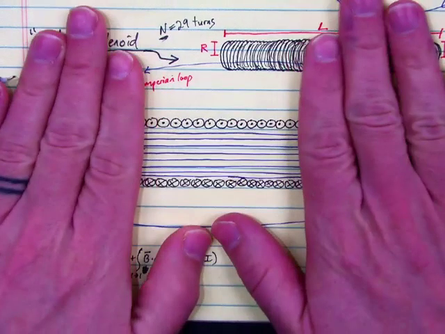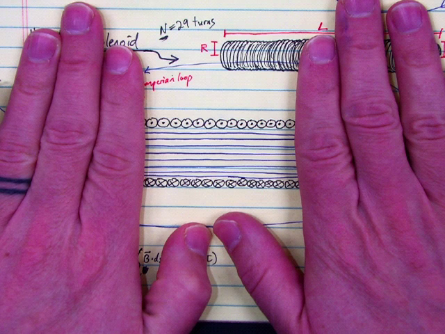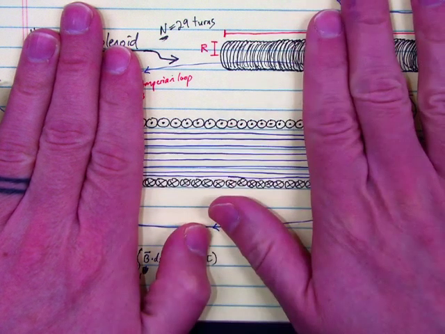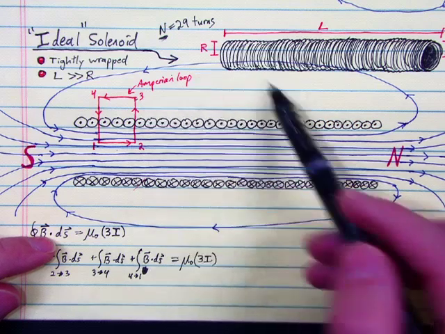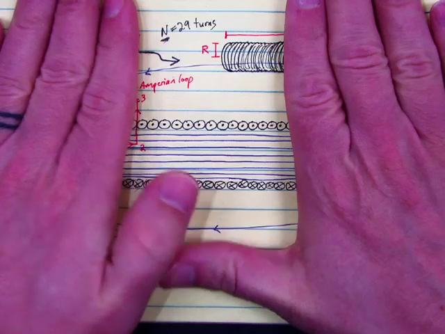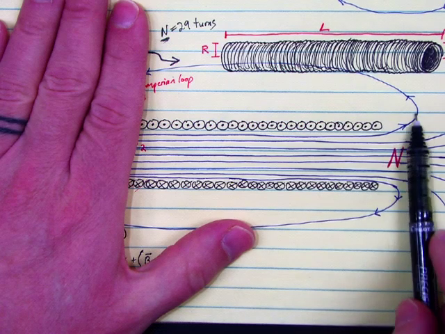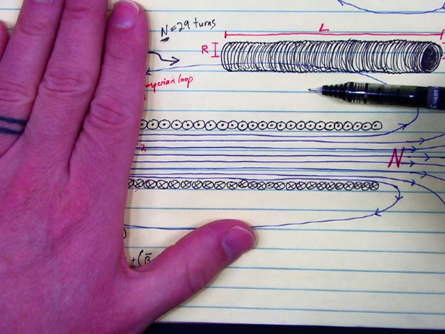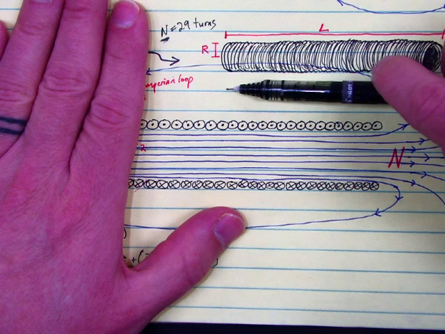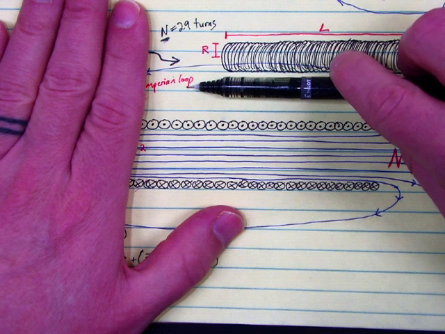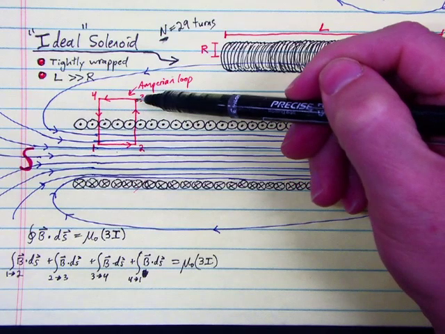But right here in the middle section, we're very far from the ends. We're most near the infinite solenoid approximation, and we're getting very horizontal B-field lines from the symmetry. And the same should apply outside the coil, up here above and down here below. In the limit that our solenoid is infinitely long, these B-field lines looping around and returning back this way should be very nearly horizontal, and in fact perfectly horizontal in the limit that our coil is indeed infinitely long. So my point there is that along these sections, 2 to 3 and 4 to 1 of